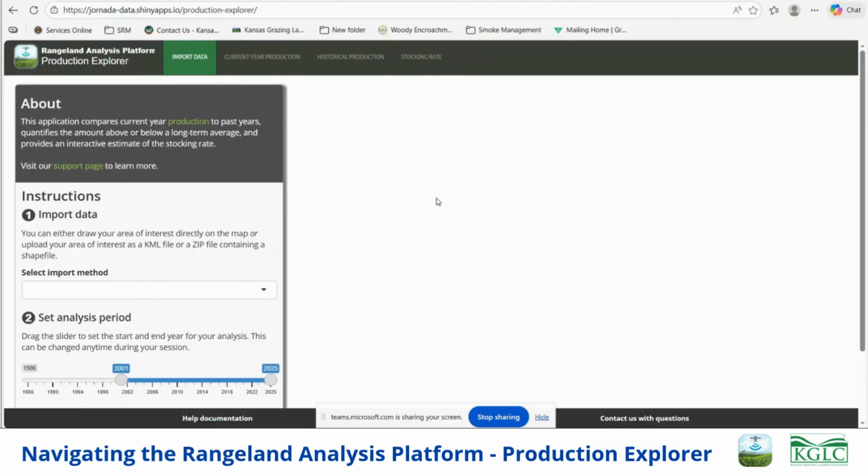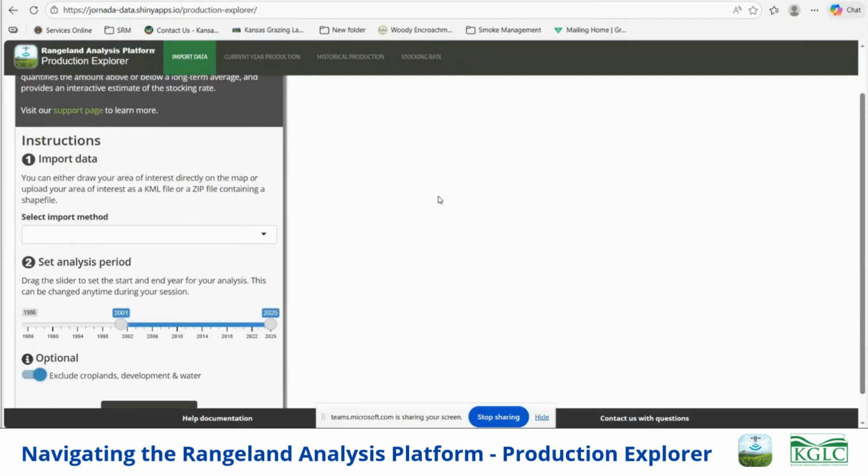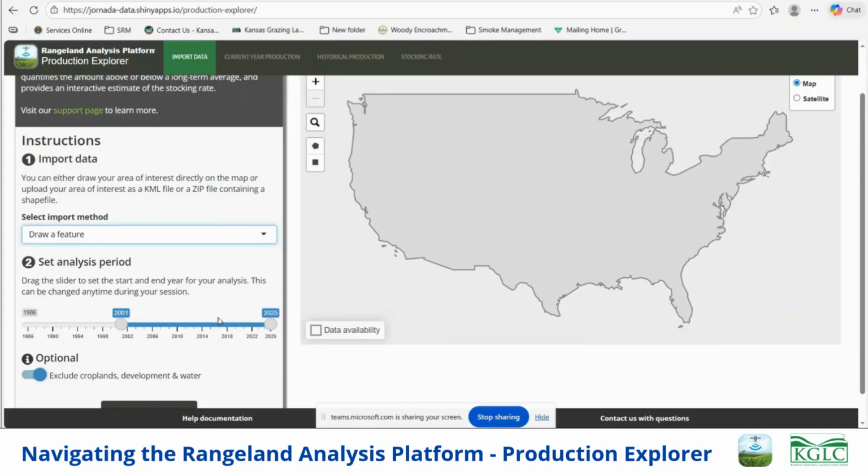And when you look at this screen on the left-hand side, it's pretty step oriented. So you go through just from 1 to 2, looking at the time frame, what you want to look at, looking at the area. You can load a KML file or a zip file into this, or you can select an area based upon the screen that you'll see and what you choose. So your two options is to load a shapefile or KML. I'm just going to draw a feature. And so when I do that, it brings up